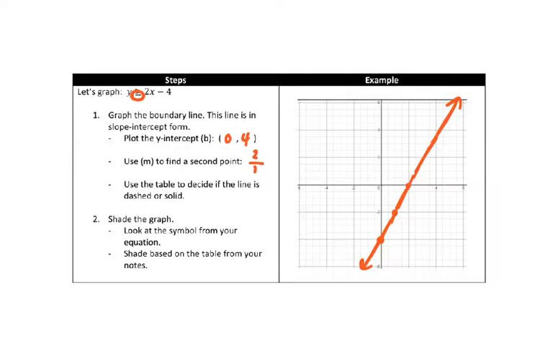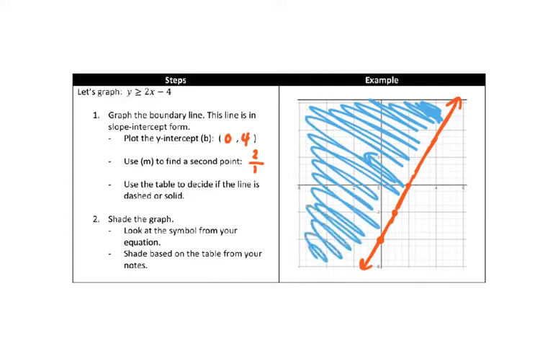And then we have to say, okay, where am I shading? So the symbol is greater than, and we need to shade above the line. And the best way to figure out where above the line is, I kind of put a little perpendicular line right there. You don't have to draw it. But the one that's pointing up is where we shade. So above the line is going to be this way, and we will shade the part of the graph that is above the line. So all of the points that are in this chunk and infinitely on,